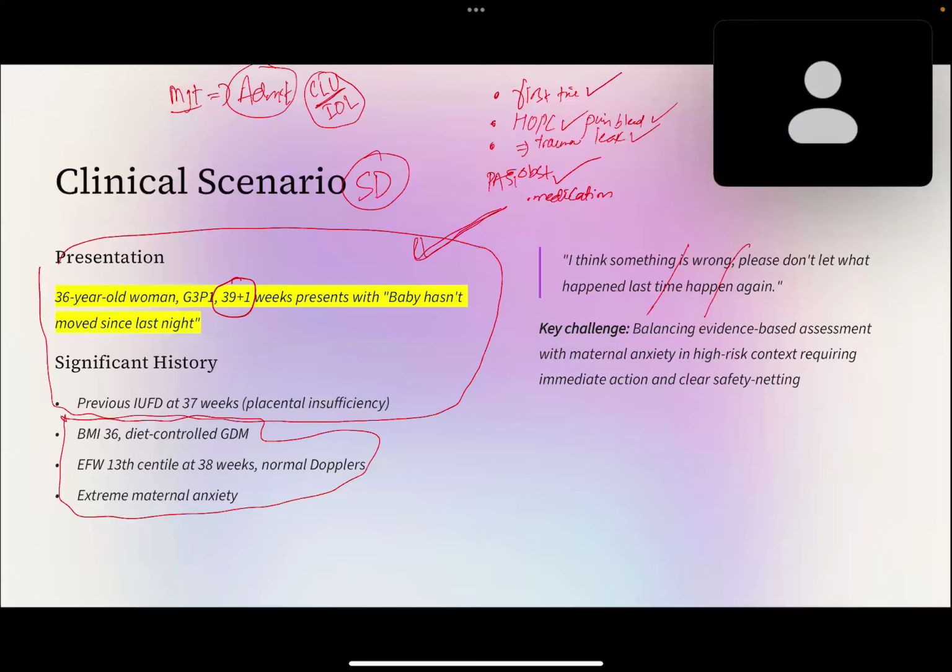And does she have any risk factors to avoid prostaglandin at all? She has gestational diabetes, diet controlled. That's fine. But she is BMI 36, so we would also explain to her the failed induction of labor, chances of operative delivery. And I don't know if the baby is large, an LGA baby, as she is diabetic, but it's